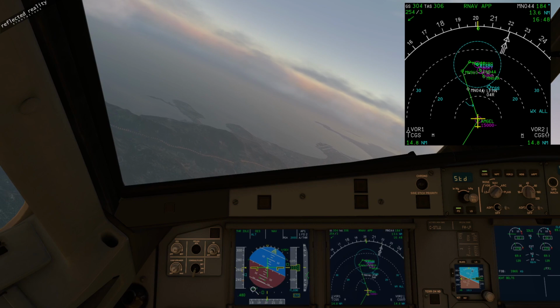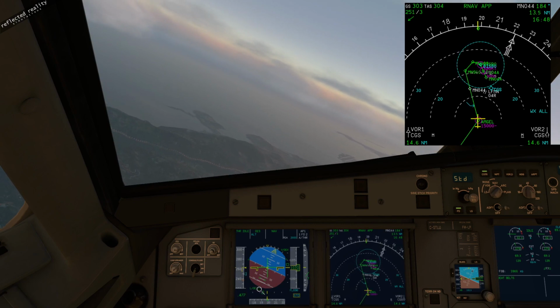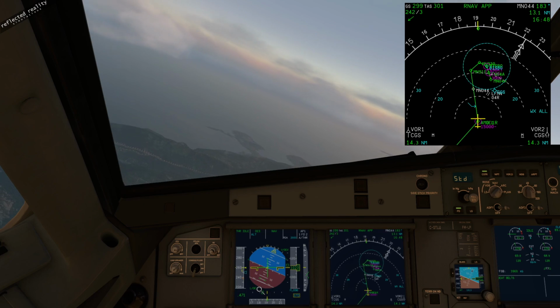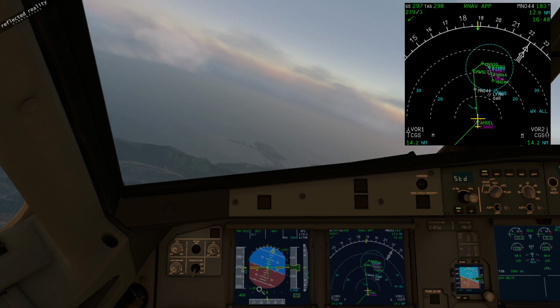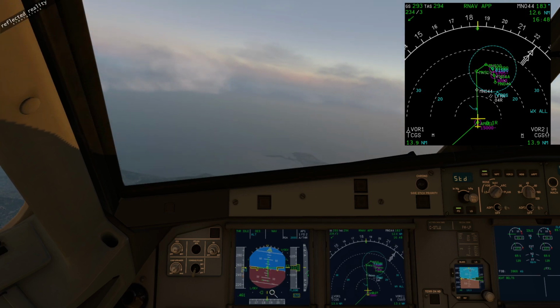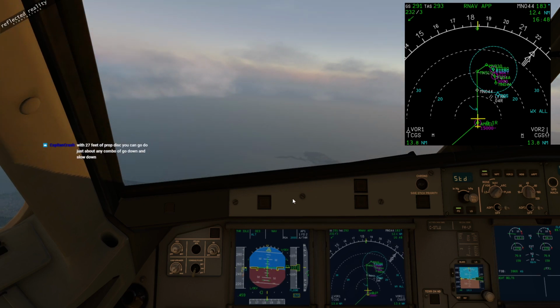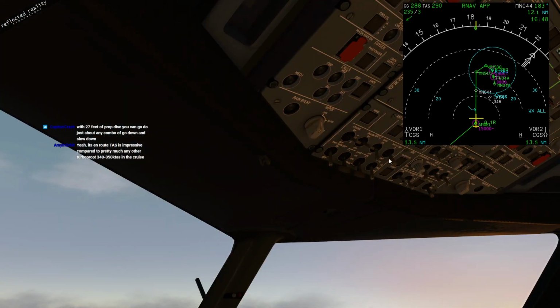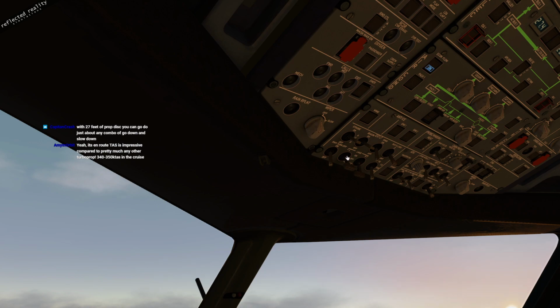So it's got LDEV, lateral deviation. I've not seen that on the real aircraft. Maybe it's a customer option. But yeah, you don't need that even to do a radius to fix, I don't think. Or maybe you do. Anyway, flight level 100. Let's put the display away. The lights on,